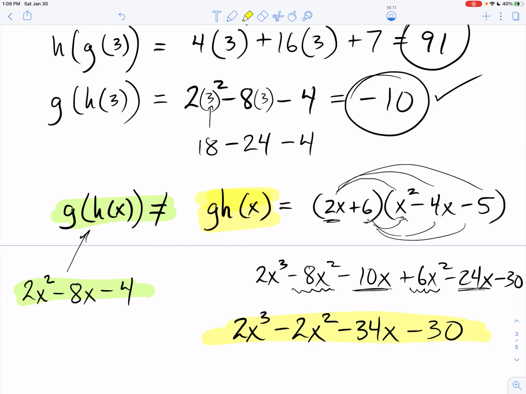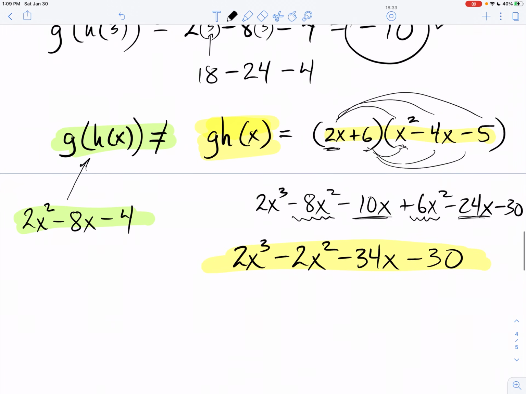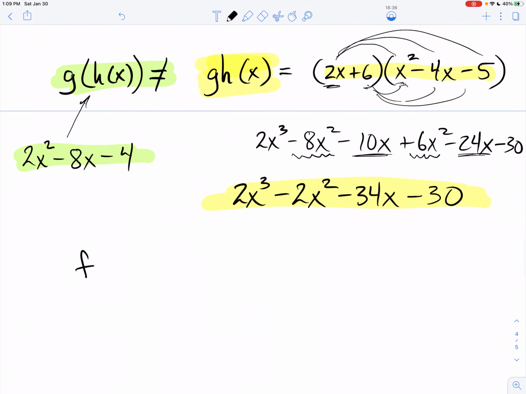Okay, so just remember, that's a triple distribute to get that answer. Now, there's really not much more for me to say except for what I just showed you, G times H. You're going to run into that on the homework. So I'm going to have you guys do one on your own. Hopefully you get it. And let's see. I am going to ask you to do